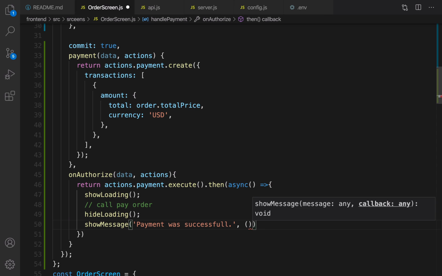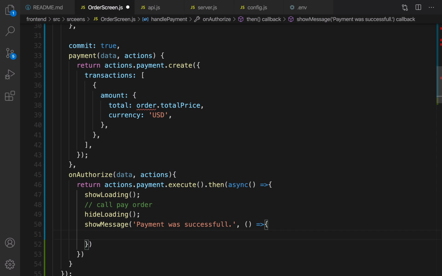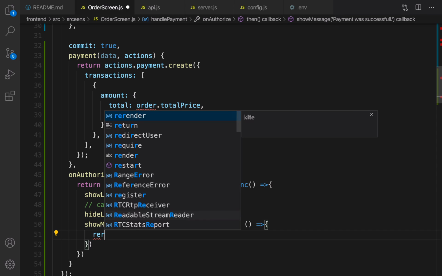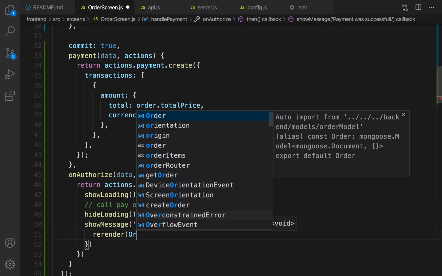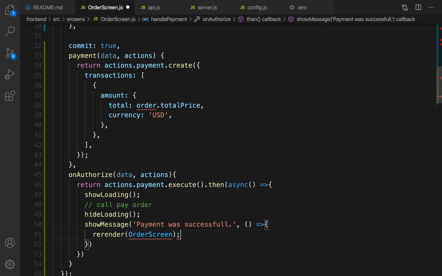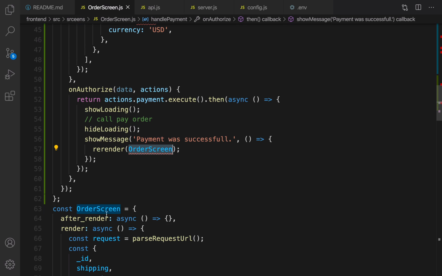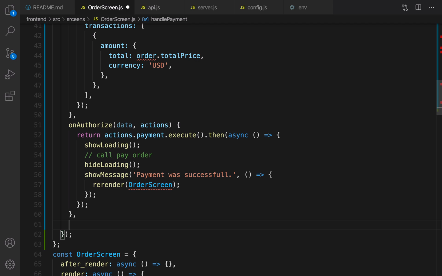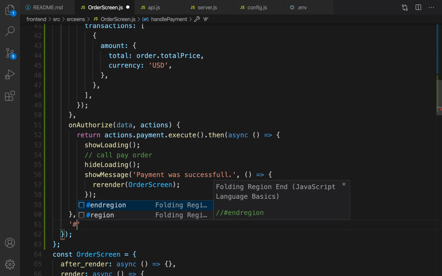And set the callback inside showMessage to re-render the order screen, because we're going to update the state of the order screen, because we're going to update the state of payment. And the last setting for PayPal button render is the ID of the div. We are going to show the button there. It's going to be